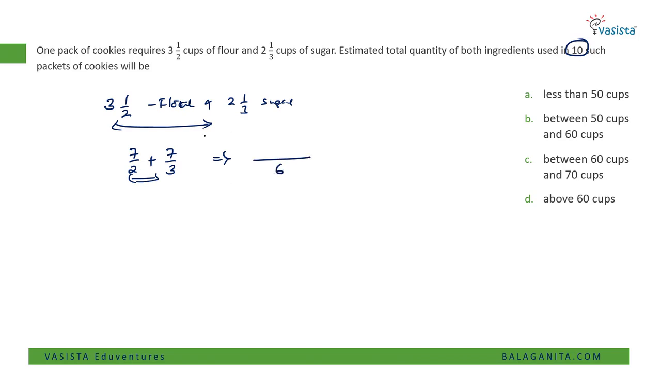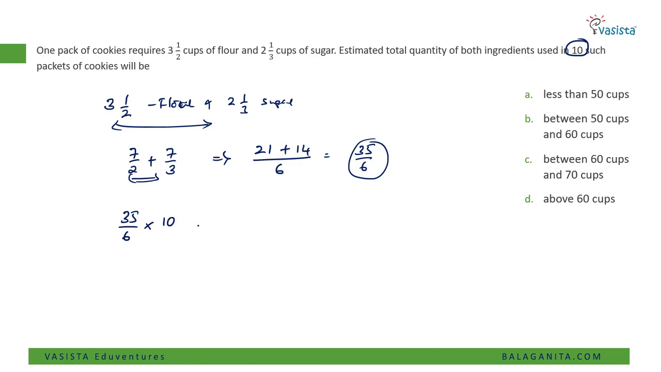2 3s are 6, 3 7s are 21, plus 3 2s are 6, 2 7s are 14. Right, 21 plus 14 is going to be how much? 35 by 6. So that many cups of sugar and flour together are required. Now in such 10 packets of cookies, what we need to do is 35 by 6